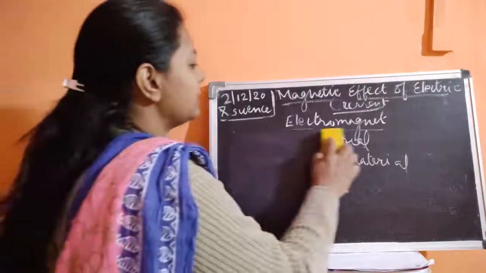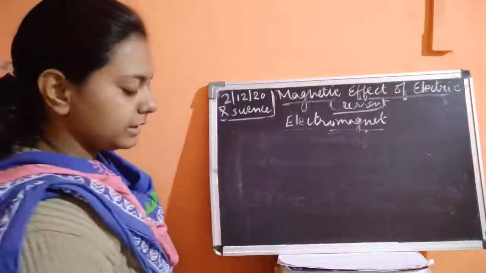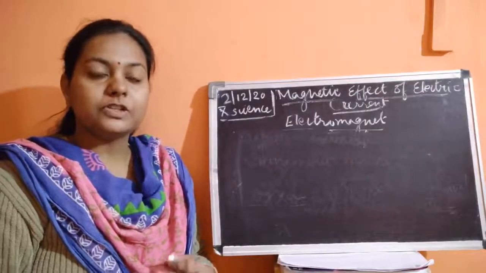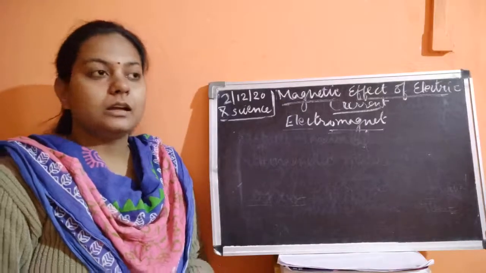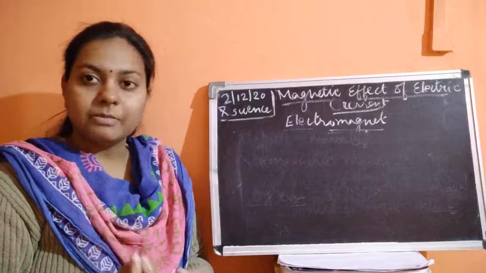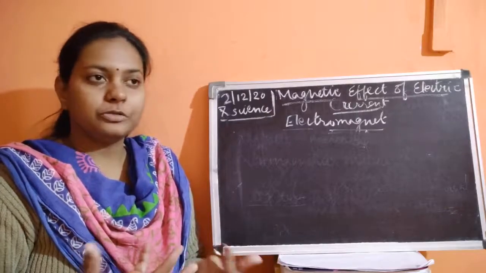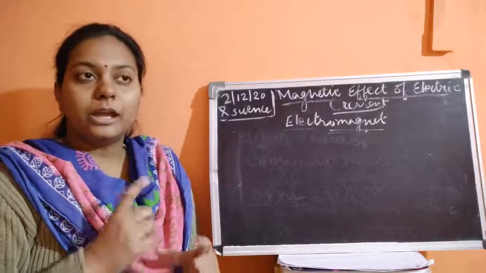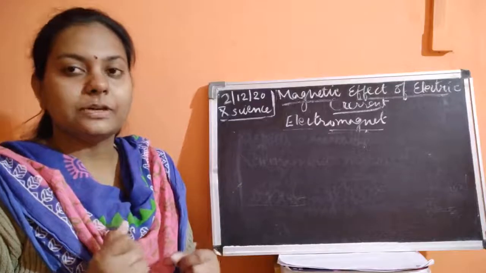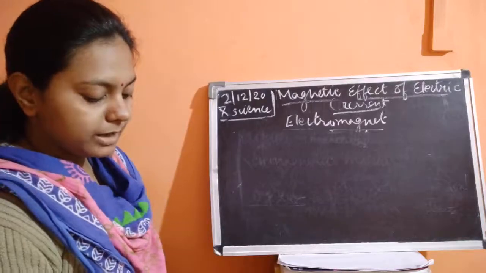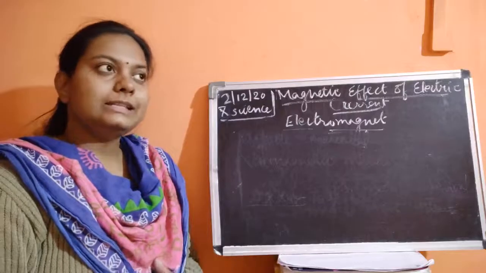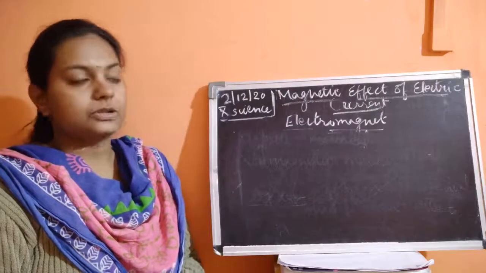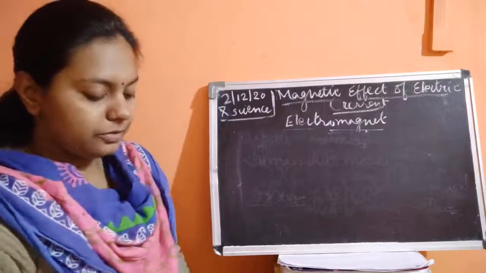So I will come back to this topic, electromagnetism, and how it is generated. Electromagnetism is a magnetism which is generated inside a magnetic material. That could be iron, cobalt, or zinc. But we take a soft iron core, an iron nail, where that electromagnetism would be generated. Now how is that electromagnetism going to be generated? Inside the current carrying conductor, or it could be an iron nail. That would be discussed in this topic of electromagnetism.